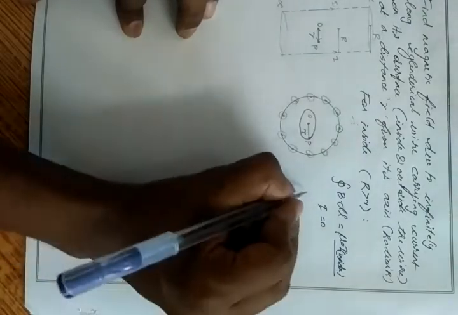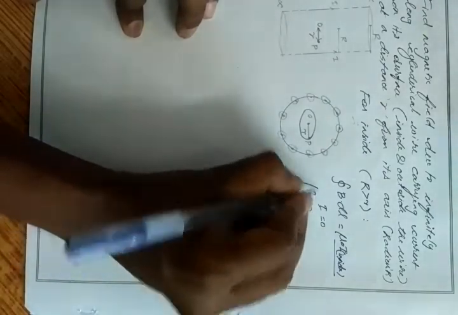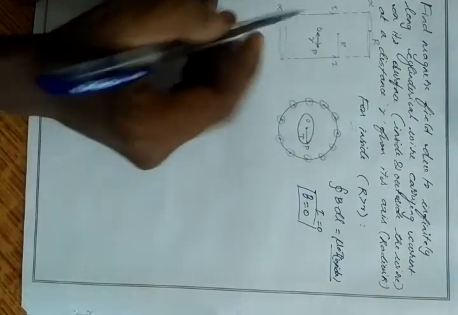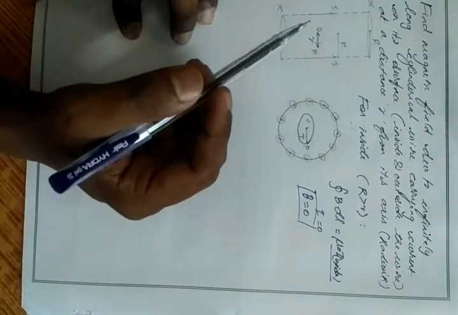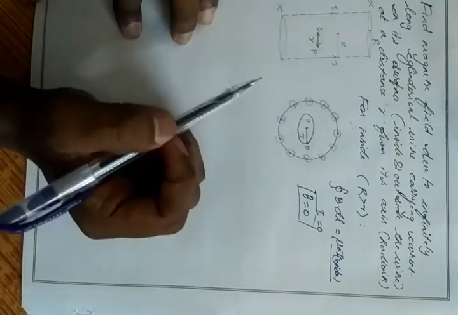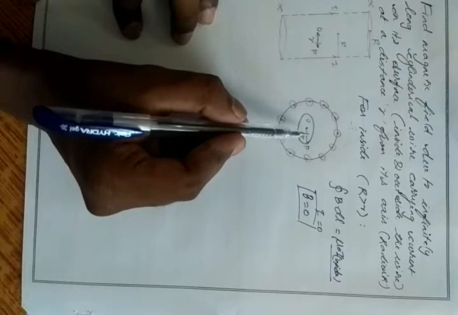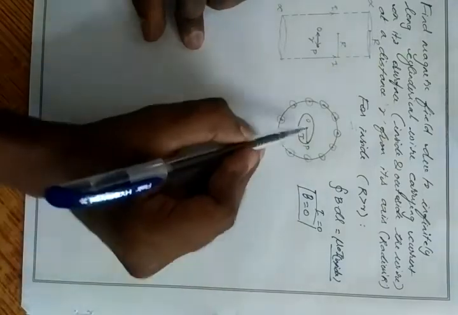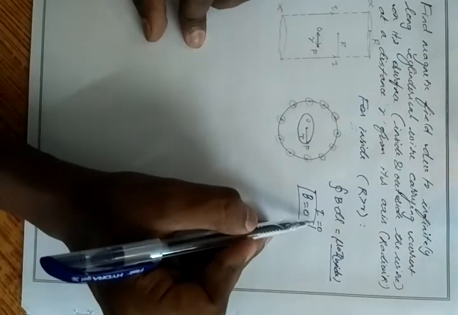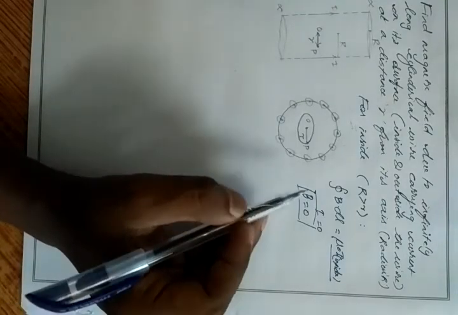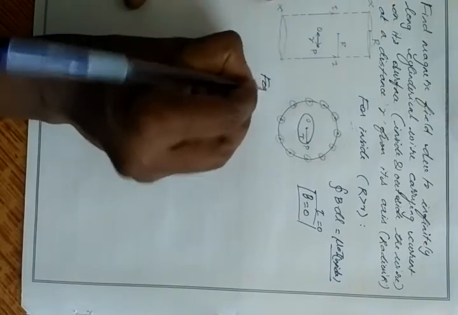If the current is 0, then my magnetic field will also be equal to 0. The inside of the cylinder is empty space, only air. Current flows only on the surface of the cylinder, so if I consider a loop inside the cylinder, there is no current inside the ampere circuit loop. I means the current inside the loop, which is 0, so the magnetic field will also become 0. So this is for the first case. Second case, for outside.